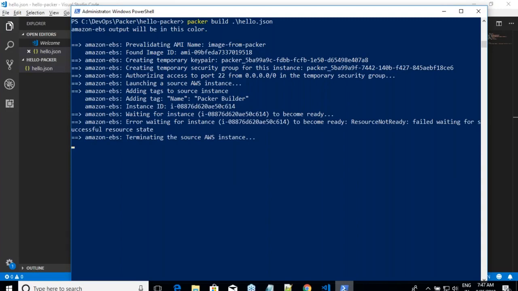If you want to become a better DevOps engineer, you might not use shell, you might use some other tool. But the whole point is, whether you write shell, Ansible or Chef, if you want to build an image from Packer, you can call anything. From Packer, you can call anything.